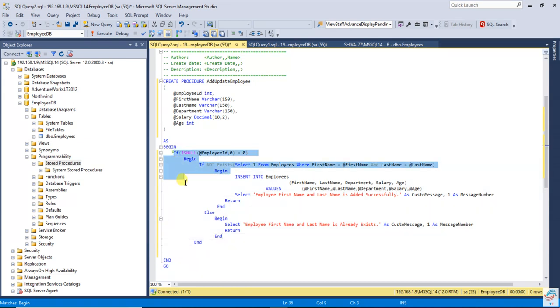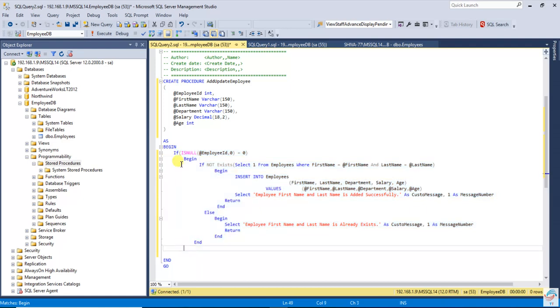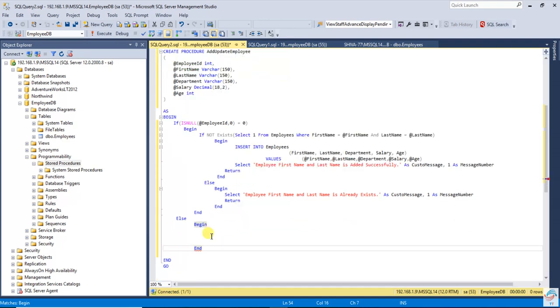Now this one from here to here, that it will be for insert. If that employee ID has some value, just else, this one for update. This one I'm going for update. Here this one for insert, and this else for update. So first of all, I will check this. If